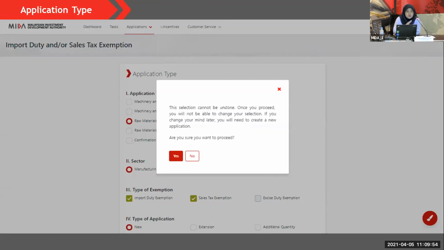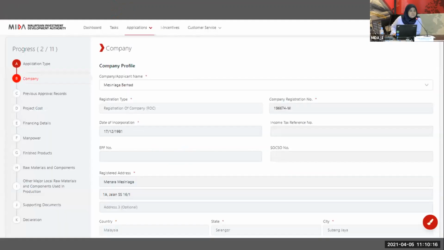If you want to update or remove a market selection, you have to create a new application. So this is a very important reminder. Please spend some time to make sure that whatever information you fill in this section is correct, then only proceed to the next section.